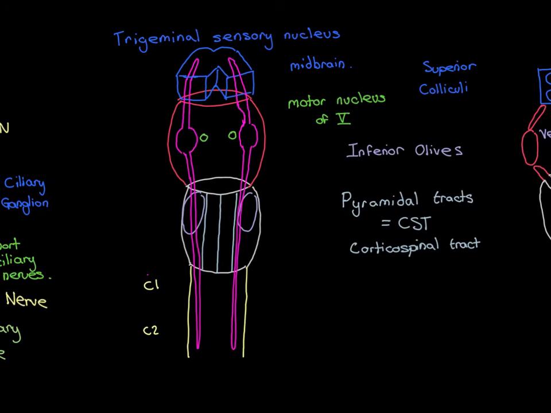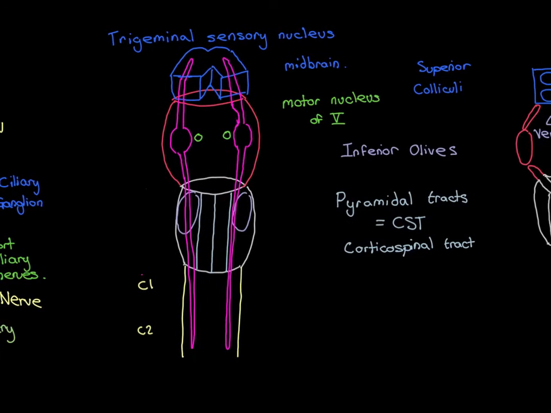So, because the trigeminal sensory nucleus is so large, we split it into 3 parts. The plump bit at the middle, at the centre of the pons here, that bit there, that is called the principal sensory nucleus of 5, or just the principal nucleus of 5. So this is the principal sensory nucleus of the trigeminal nerve, because that's the massive plump bit, so it makes sense for it to be called the